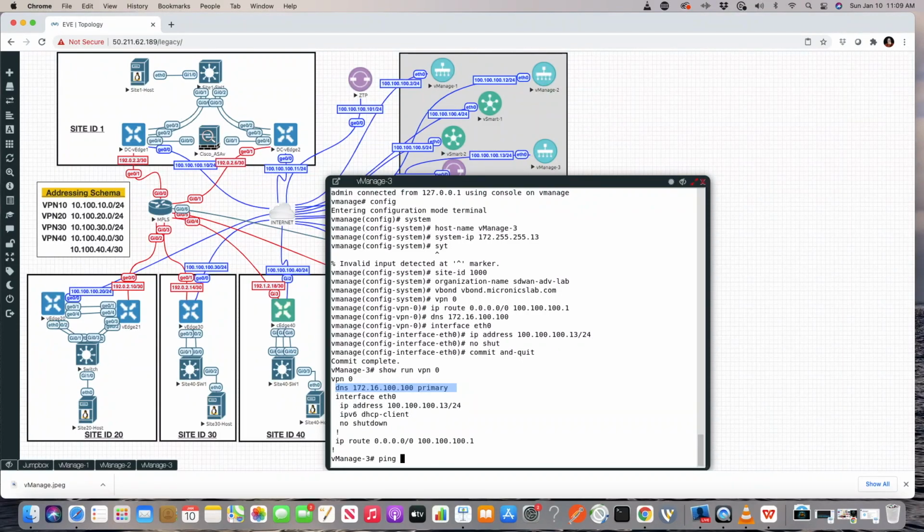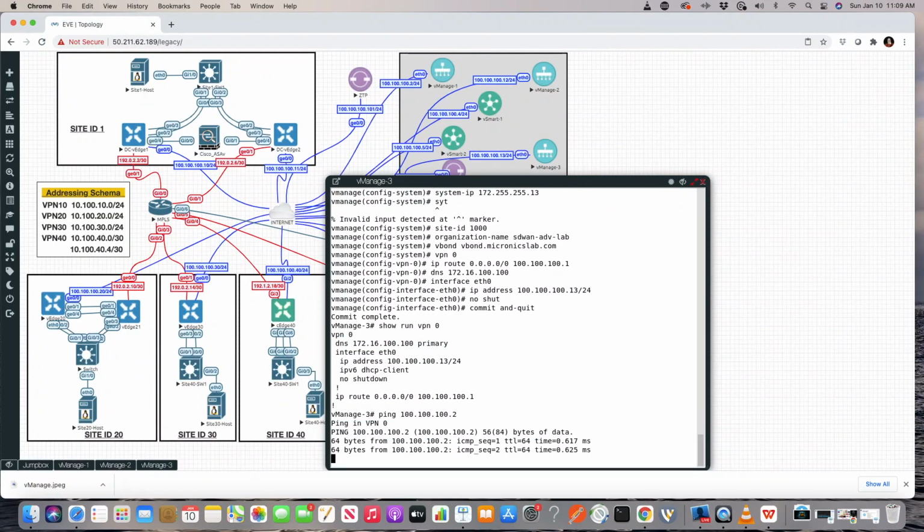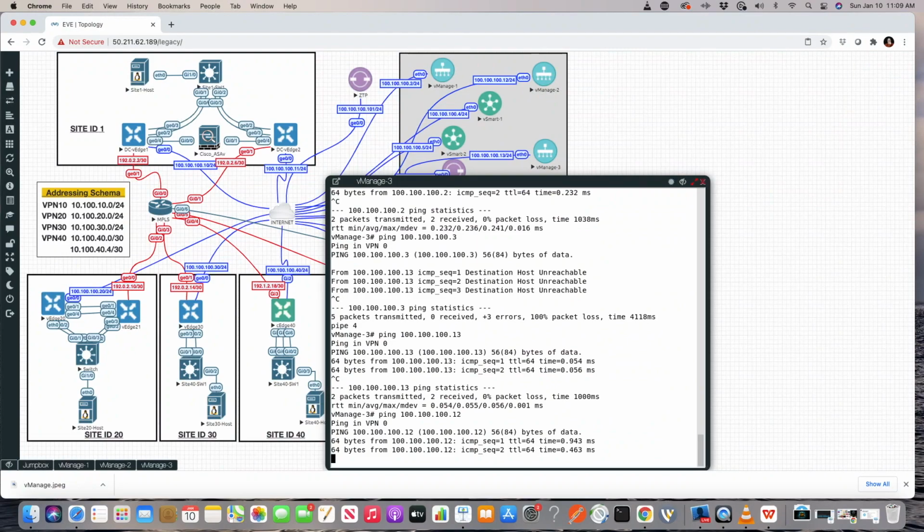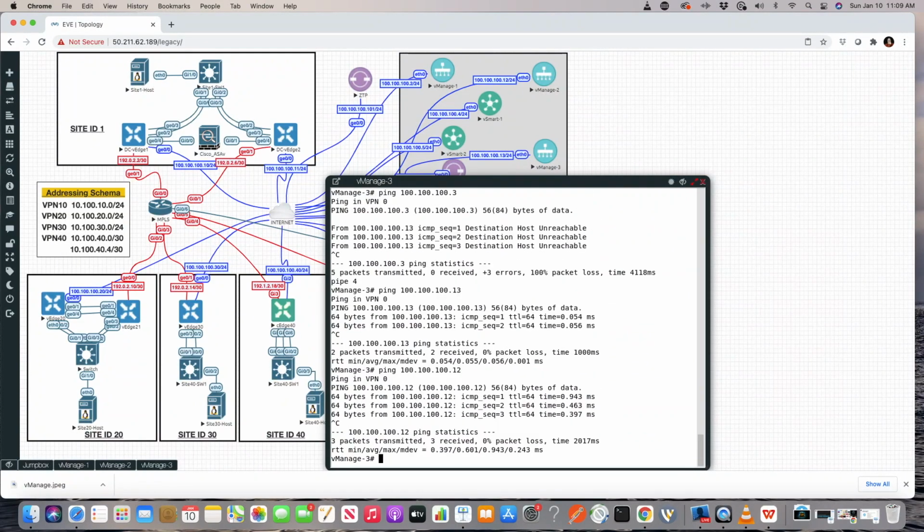So again, just one final test. Let's see, can I ping the other devices? So can I ping vManage 1? And I need to ping vManage 2, which is 12. Sure can. So lastly, let's just do a real quick check to make sure we can get off this